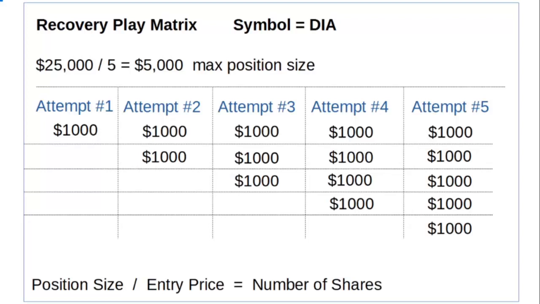I would imagine that it might only take 2 or 3 attempts before we catch a sizable recovery. Okay, and so keep in mind now, if you're going to diversify and play the recovery like a campaign style with multiple symbols, one of them, like a particular stock, you might get in on the very first attempt, and that might be it. It might take off. And the other thing to keep in mind is you can get your positions to break even as well. So if you've got a stock that is moving in your favor nicely from where you took the position,